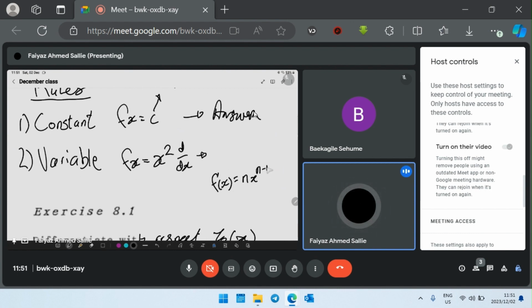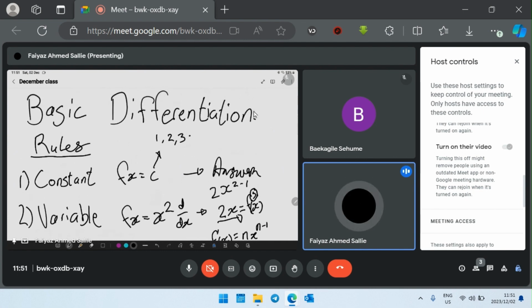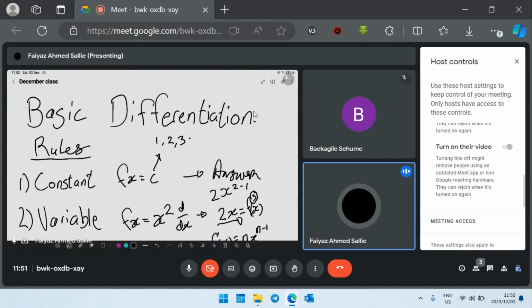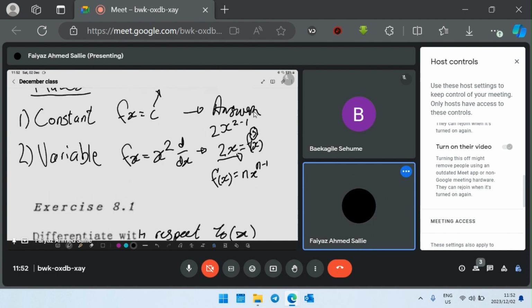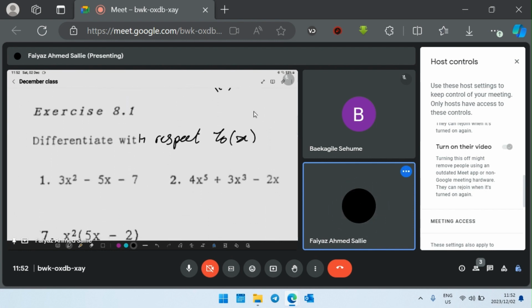So using this formula, we can see that our answer will be 2x to the power 2 minus 1, which is 2x. That is f dash of x, which means the derivative of the function f of x equals x squared. So the derivative of x squared is equal to 2x. These are the basic rules for differentiation. So now we will move on and do a couple of